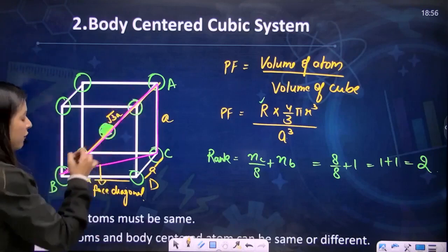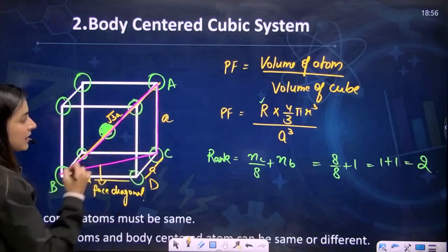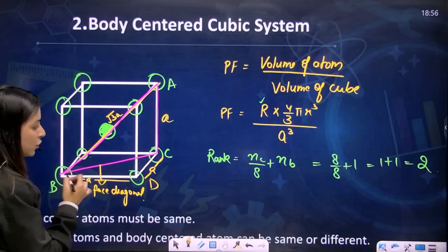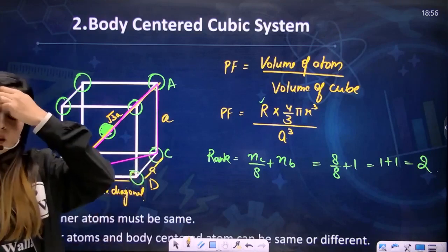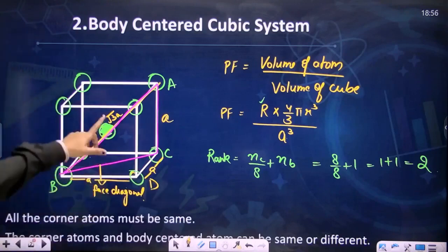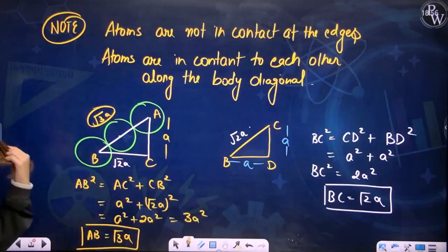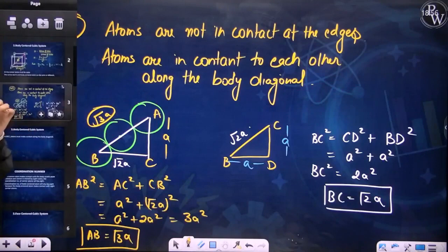I have calculated this triangle, your ABC triangle, and for calculating the CB length, I had to use this particular triangle, and here also the angle was 90 degrees. So I used the Pythagoras theorem and calculated their lengths. Okay, so this is how we calculated the lengths. Now what I want to make you understand here, my dear students, is that